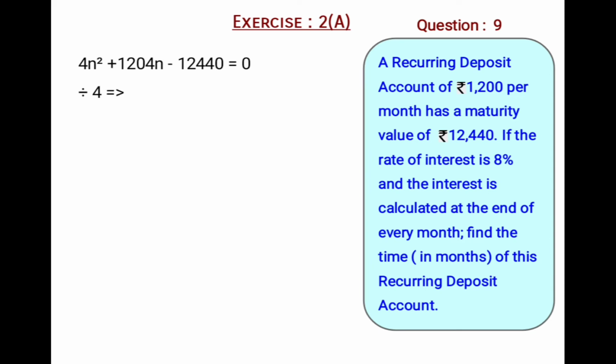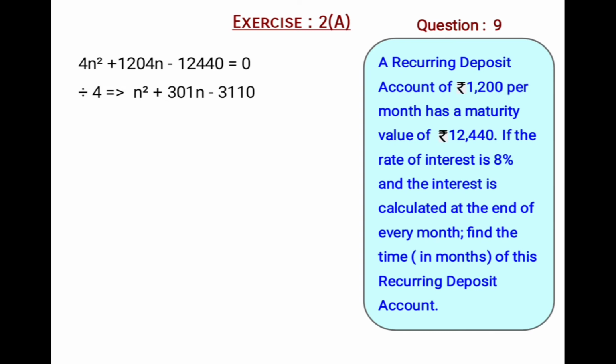Implies 4n square divided by 4 is n square plus 1204n divided by 4 gives 301n minus 12,440 divided by 4, we get